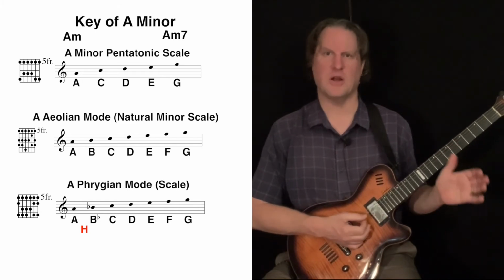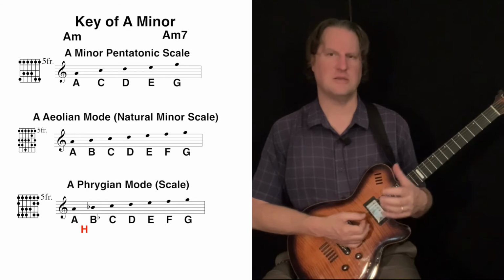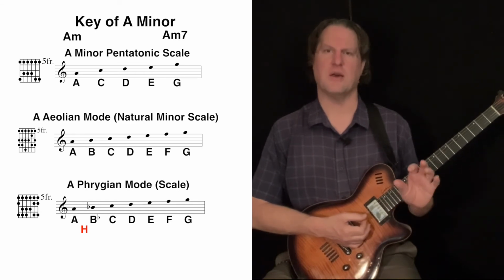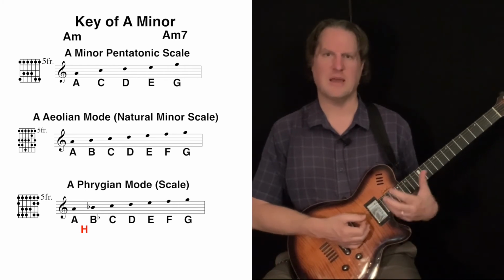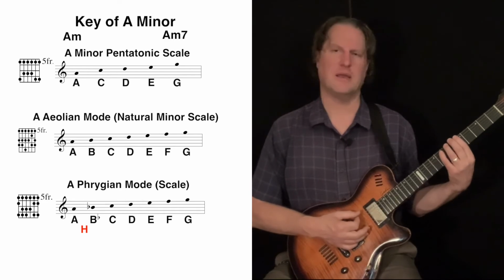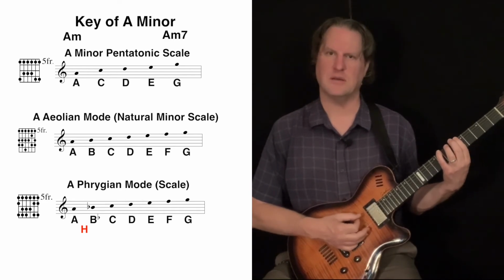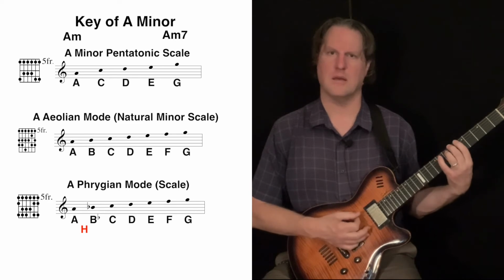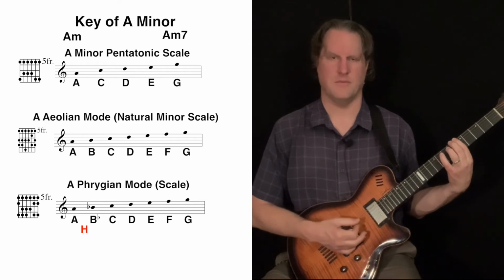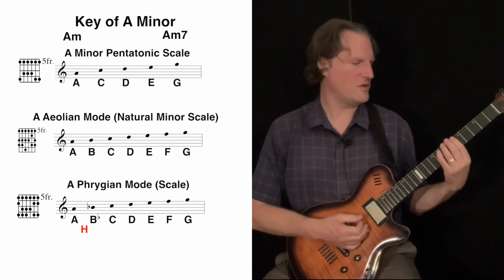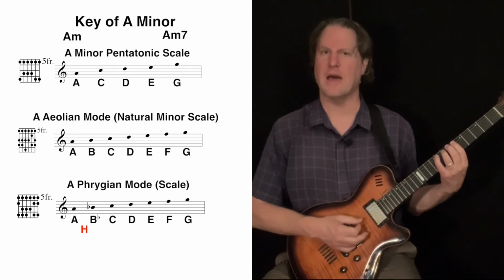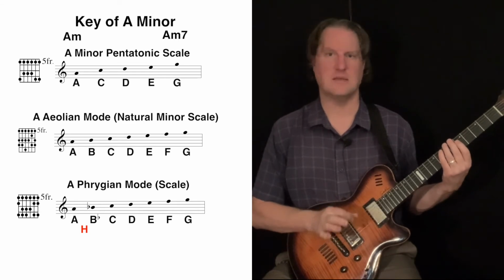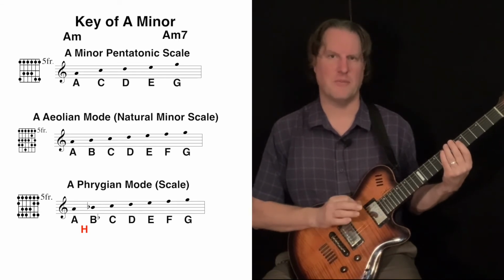Most scales start with a whole step right at the beginning, so this is a very characteristic sound to have a minor scale with a half step right at the beginning. It's very unique and it's very recognizable. So we get these types of sounds with Phrygian. So the notes of the Phrygian scale are A, B flat, C, D, E, F, and G. Again, the same notes as the natural minor scale, just the B's become B flats.